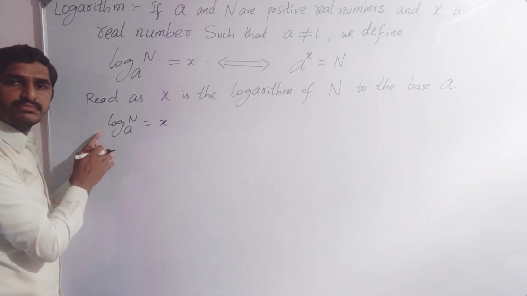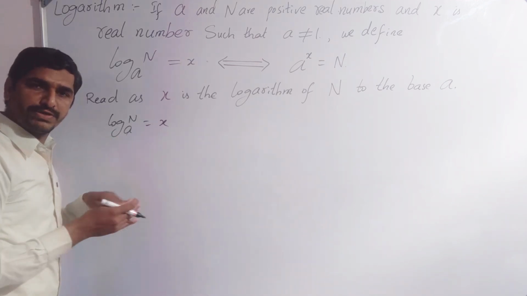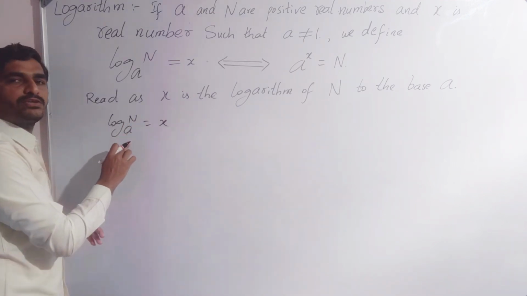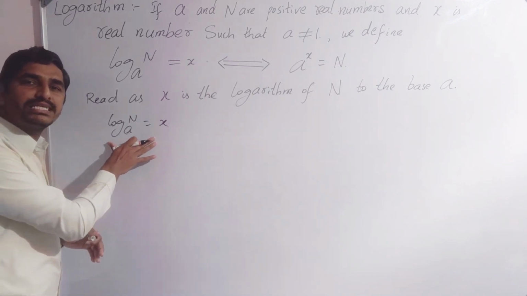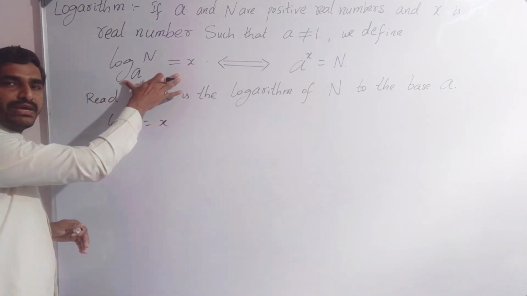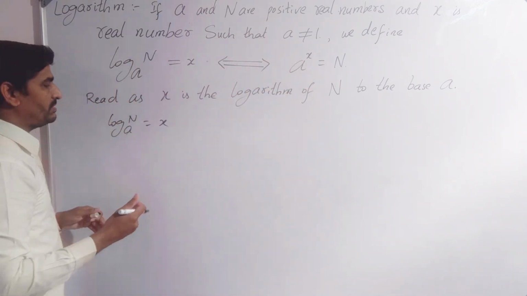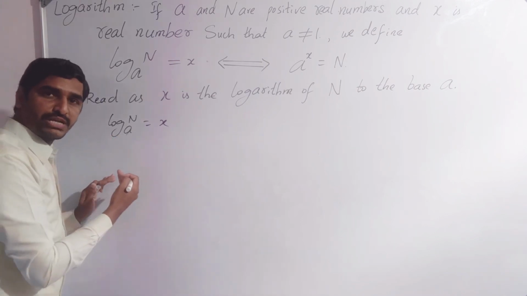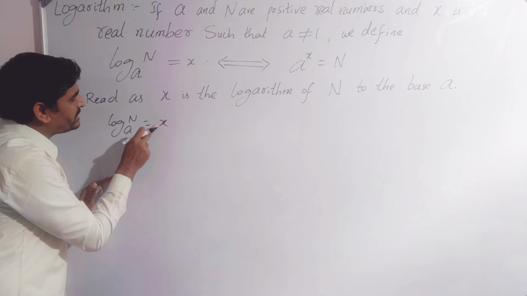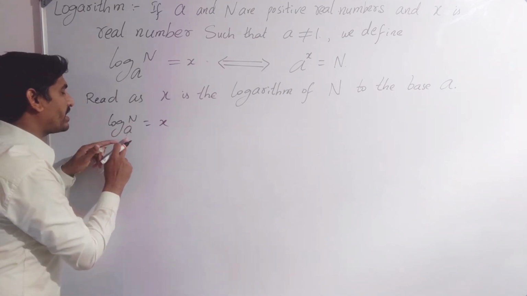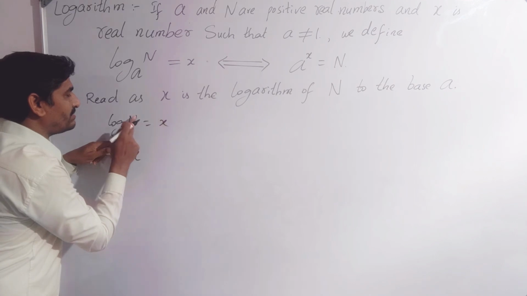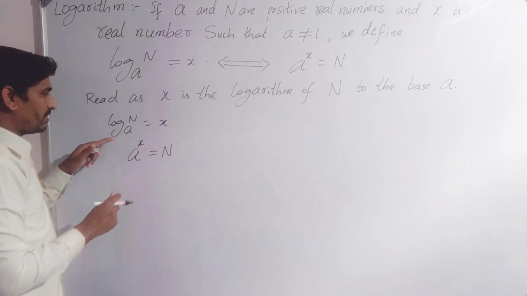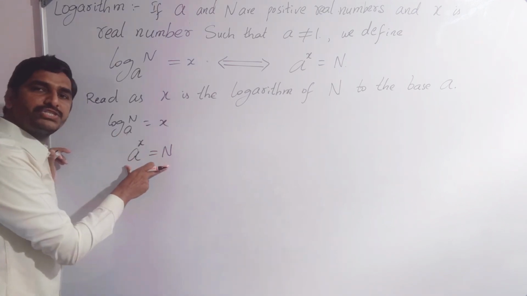If a question asks you to write this logarithmic form in exponential form, convert it. The logarithmic form is given; convert it into exponential form. How to write it? It is with logarithm now, and we have to write it without logarithm, meaning we get the exponential form. So these two are interchanged. This a is not changed. a to the power, this comes here and this goes there: a to the power x is equal to n. This is the logarithmic form and this is the exponential form.